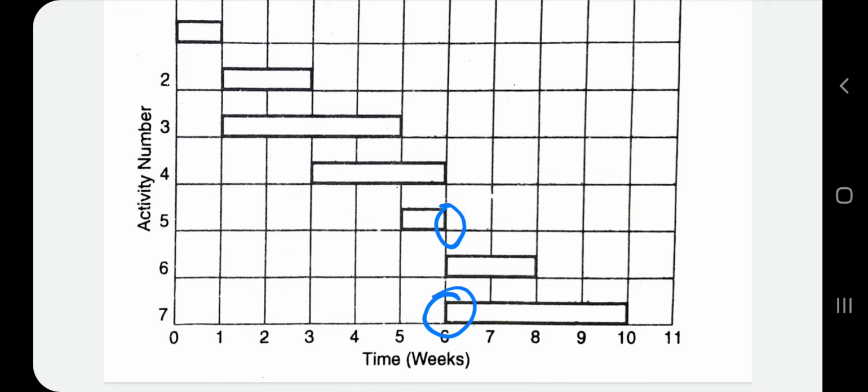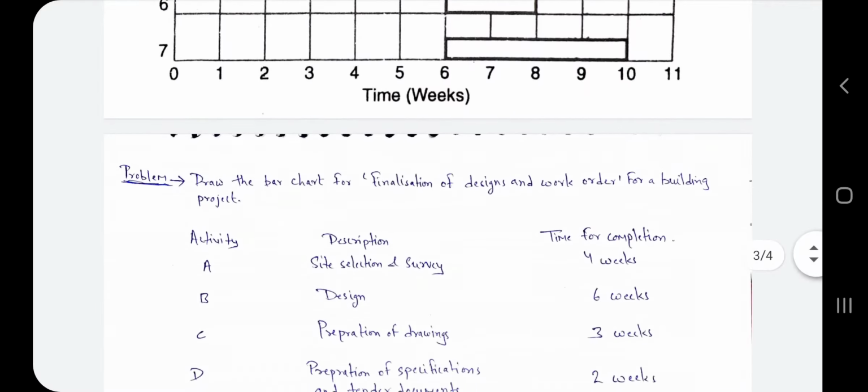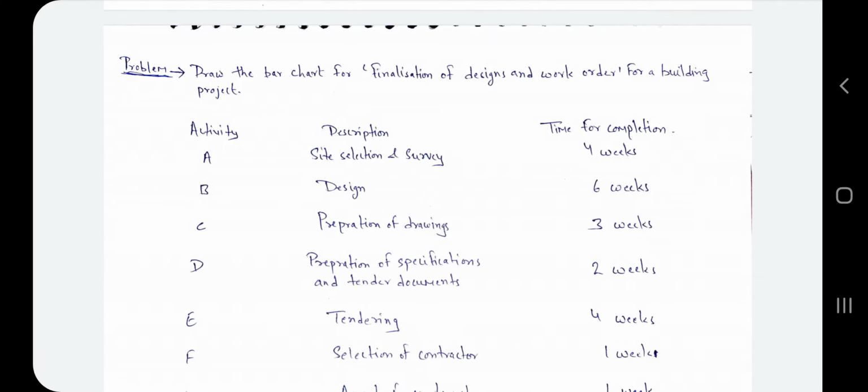This is a very basic question in which all things are given and we follow them for drawing the bar chart. Okay, now we have to take another question for understanding the concept behind this chart. Okay, so let's take the second question.